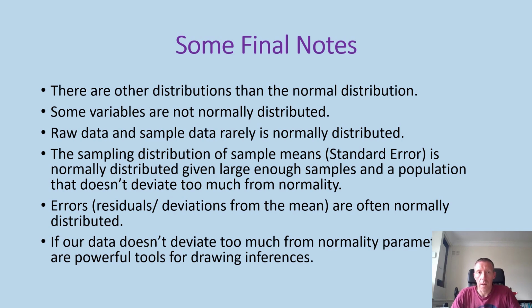Raw data and sample data rarely are normally distributed. But the sampling distribution of sample means, what's called the standard error, is normally distributed given large enough samples and a population that doesn't deviate too much from being normal. And errors, or what we call residuals or deviations from the mean, are often normally distributed as well. And the standard error and what's known as the central limit theorem